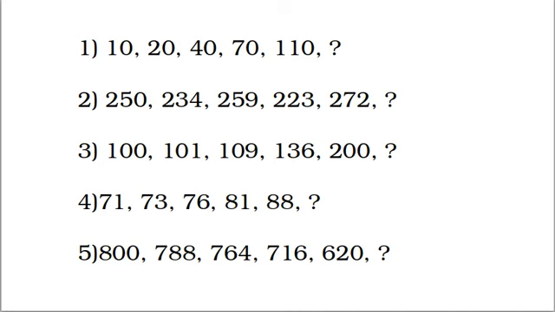Observe the given numbers carefully first. You are given 5 questions here. The similarity among the given 5 questions is all the given numbers are close to one another in the given respective series. When you observe a gradual increase or a gradual decrease as shown on the screen, your first trial should be finding the difference between two successive numbers in a series.